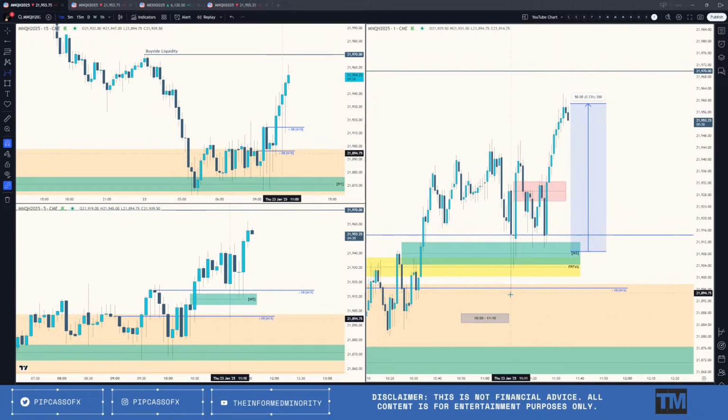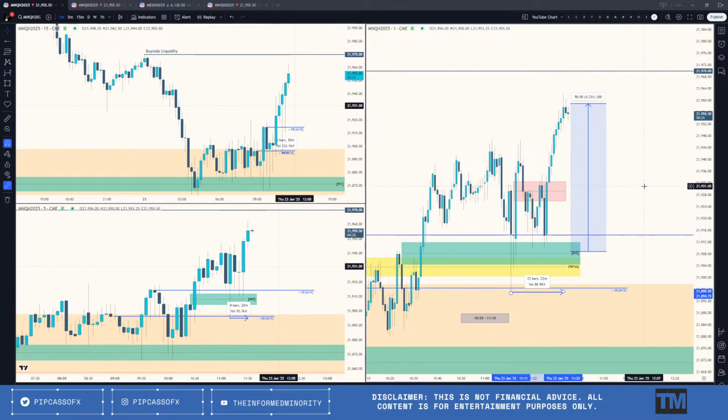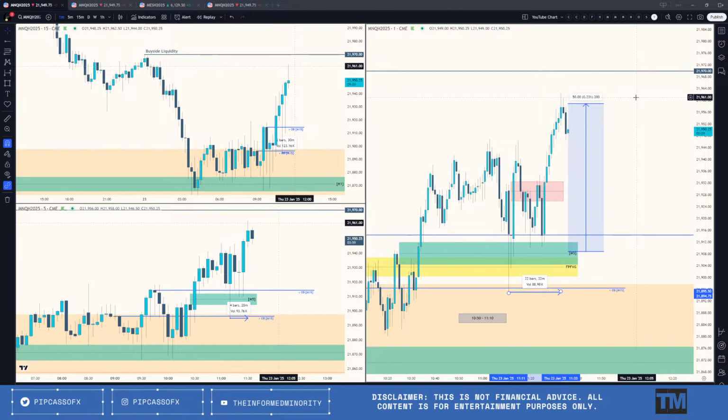I mean, look at time elements, because I do take metrics and stuff on my trades. So this one took 22 minutes to reach profit or target, and that goes along with the metrics that I take, because usually they hit within 30 minutes. So if I'm in a trade and it's starting to be longer than 30 minutes and it's nowhere close to there, I close the trade, because it's not a trade I want to be in. If it's taking longer than 30 minutes, I just close it.